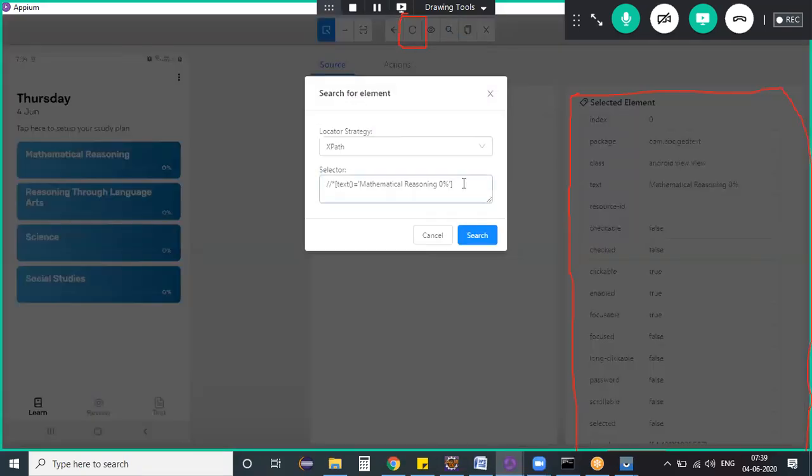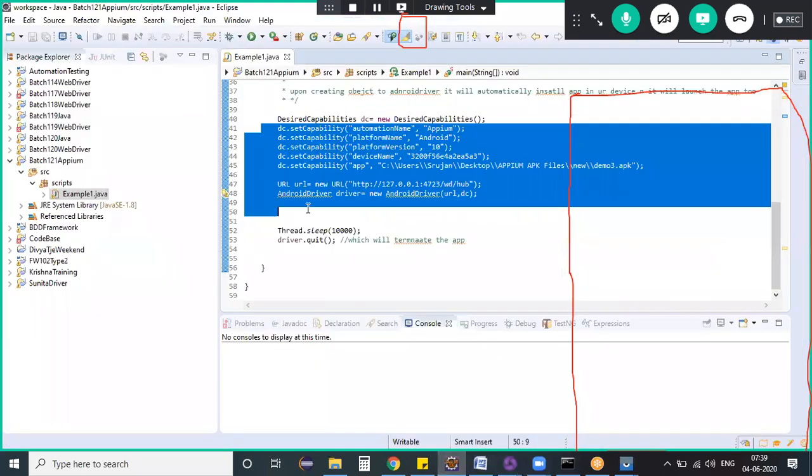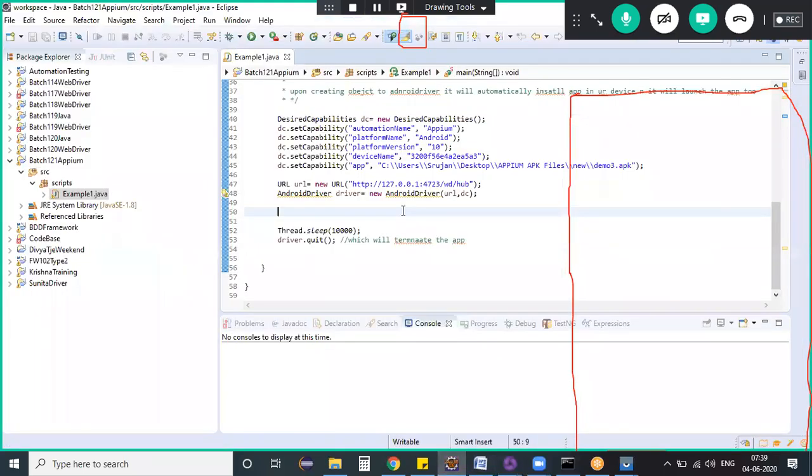Let's do one thing, guys, as it is not identifying, but I know this is a valid XPath. So let me copy this XPath. Let me go back to my test script, what we have created yesterday. And here, let's try to perform the operation here. How would I perform the operations? So here,